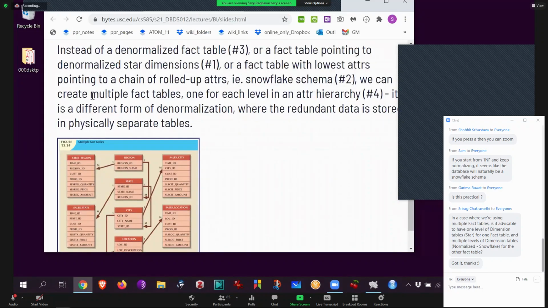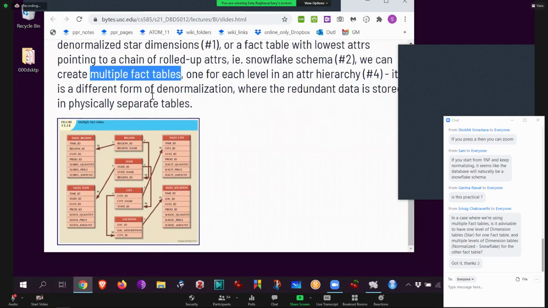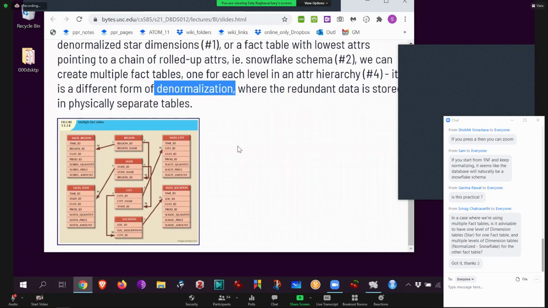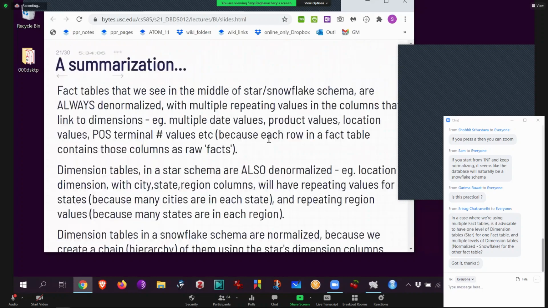You can have multiple fact tables because there's only one fact table that you really have. But now you can have a so-called, not just sales, but sales city, and also a sales location and so on. Okay, sales state, sales region. So you can take the one real fact table, my pile of receipts, and then make all these artificial versions of them. It's also a different way to denormalize, but still each of those pieces are denormalized exactly. All right. So you can read this, all right? It just tells you what I told you.